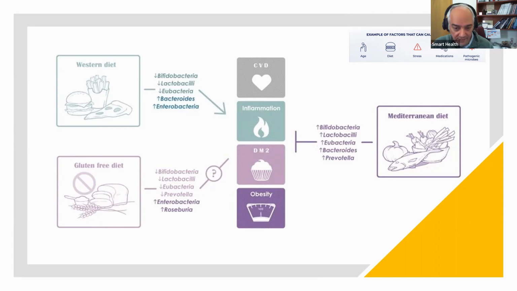Now, we always have to pay attention to therapeutic diets. Like if somebody is celiac, of course, that person cannot take gluten, and they shouldn't take gluten. But a gluten-free diet also sort of increases the pro-inflammatory status. In fact, a gluten-free diet should be supported by supplements to reduce that.